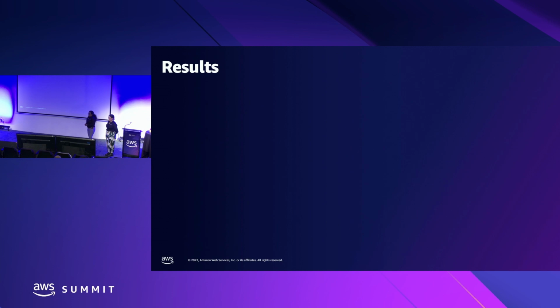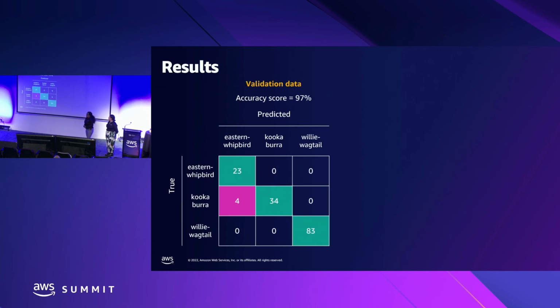So you must be curious, how did our model perform? Let's take a look at the results. We ran the first run of the validation against our validation data. Remember, we split the overall data set into training and validation 80-20. We ran it against the validation data, and we obtained an accuracy score of 97%, which is not bad